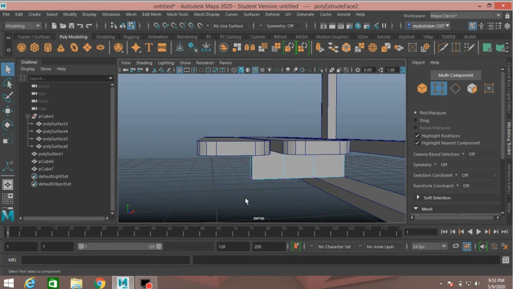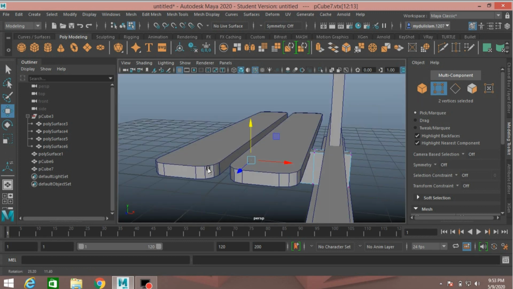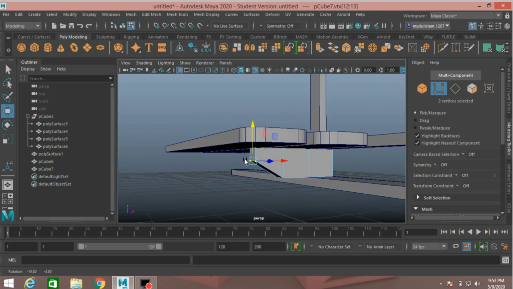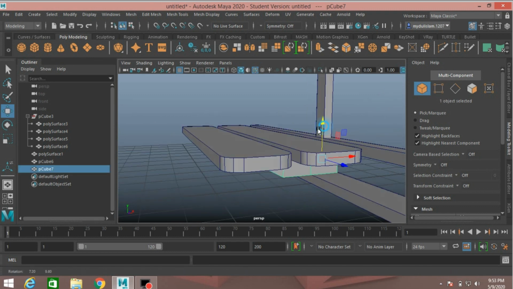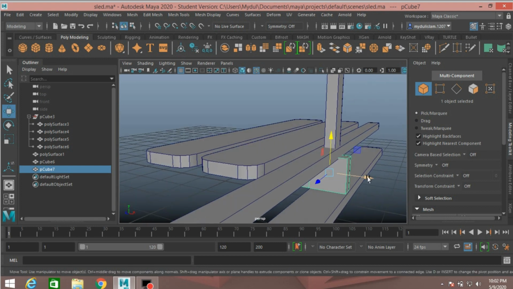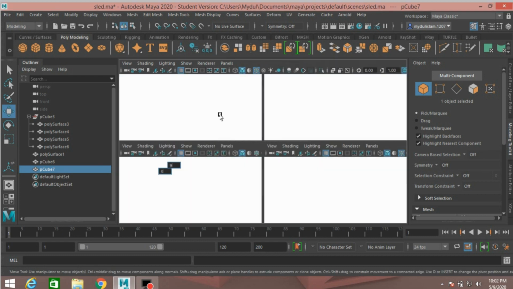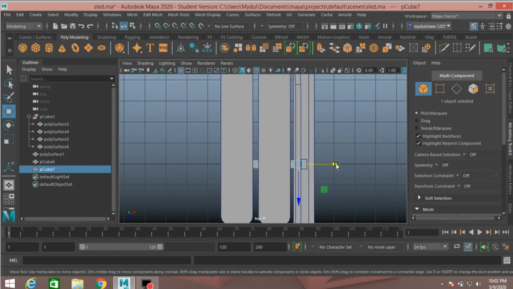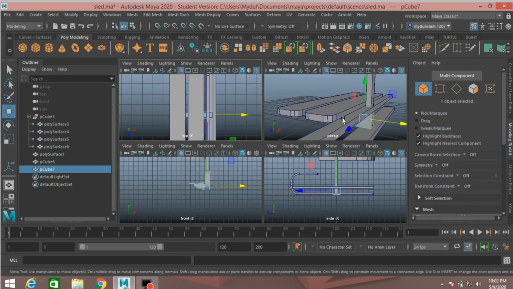Now go to vertex mode, select this vertex and move it up just like this. Now go to object mode. Now select this and move it just like here. Go to top view and see. Move it just here